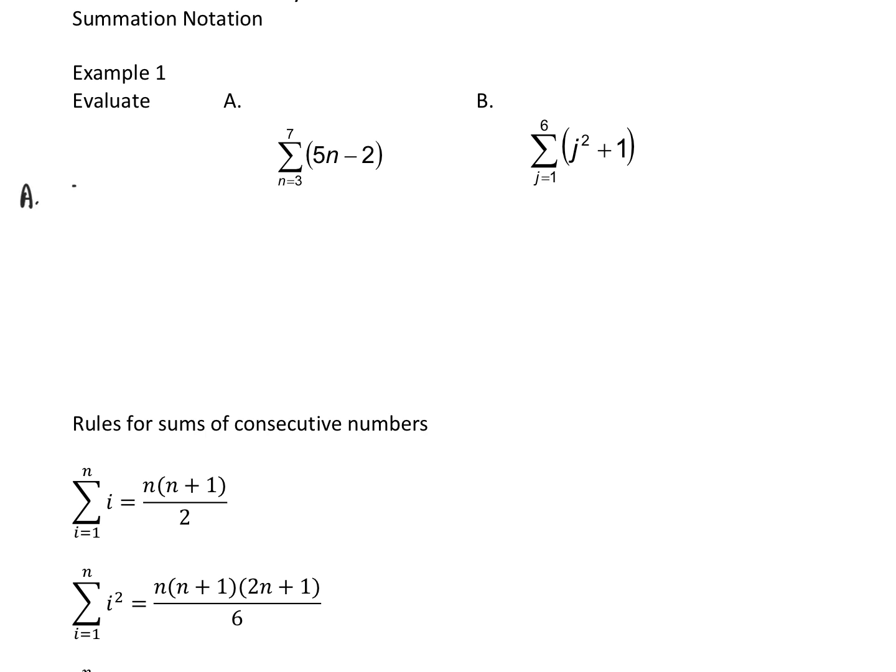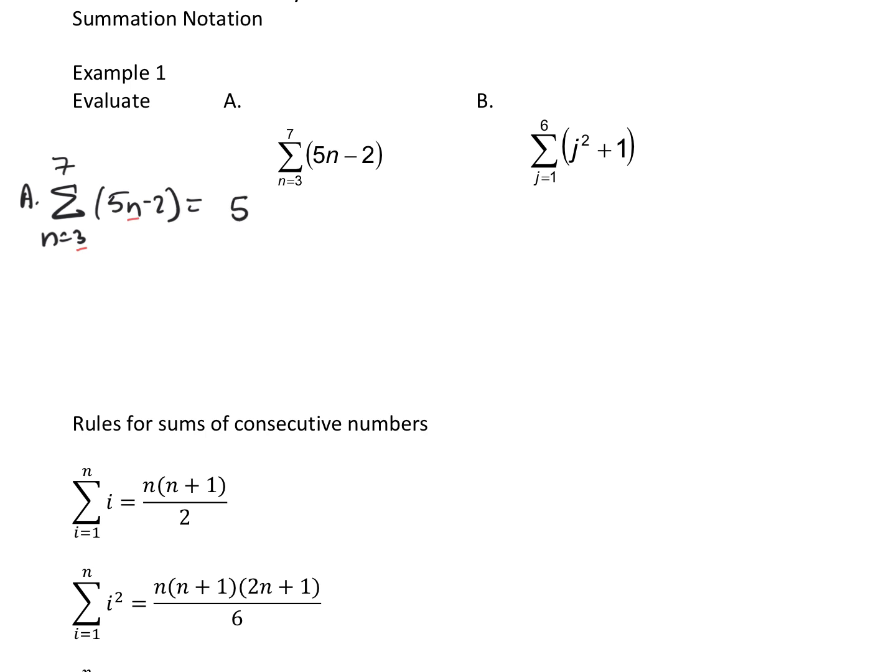Okay, so what this means is that n equals 3, and I'm going to go from 3 to 7, and have a 5n minus 2. So what that is telling me is that every time I see n, I'm going to start with 3, put it in, and go all the way up to 7. So this is going to be, okay, so this equals, I'm going to put it down here,